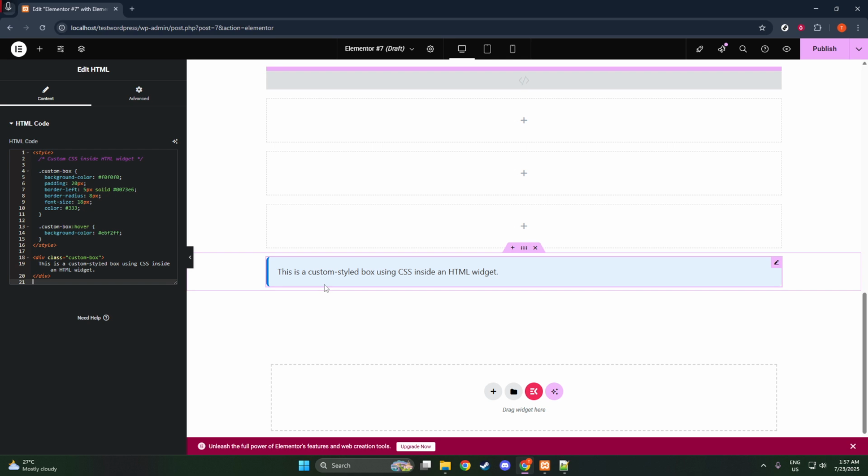By using the HTML widget and some carefully crafted CSS, you've taken significant steps towards a more customized and visually appealing design. Feel free to experiment with different styles to see what works best for your particular project. The sky's the limit, and with practice, you'll only get better at